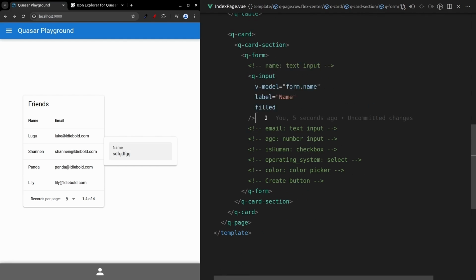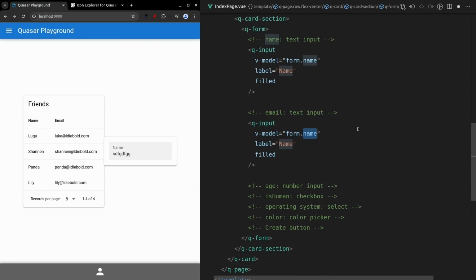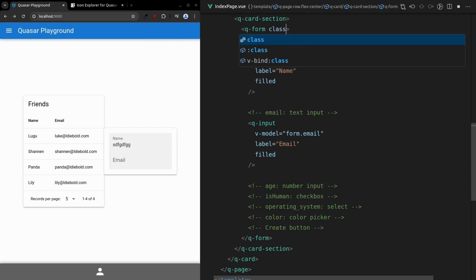So now that we have the input, let's copy paste this down for the email since it will be quite similar. And then we'll change name to email for what we're modeling and the label equal to email. The next problem we have is that these two inputs are pressed up against each other. So what we can do is on the form, add a class equal to